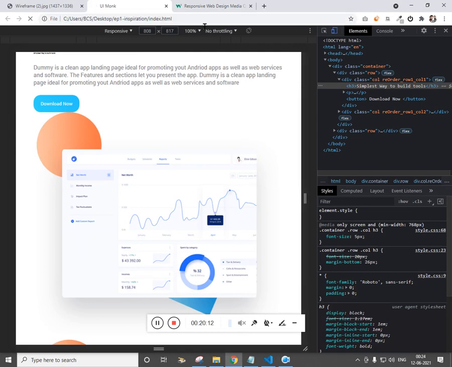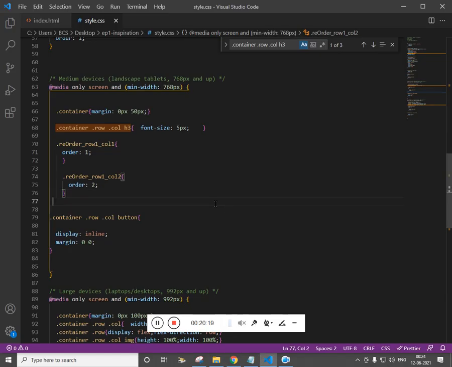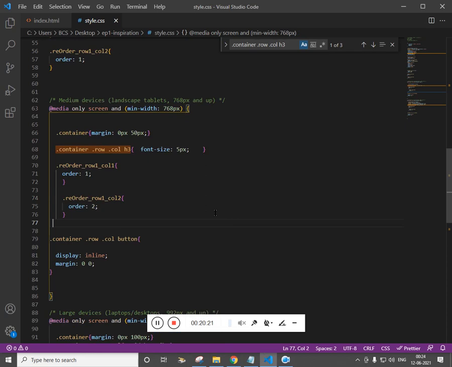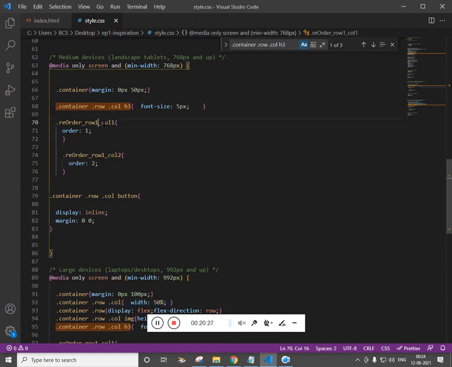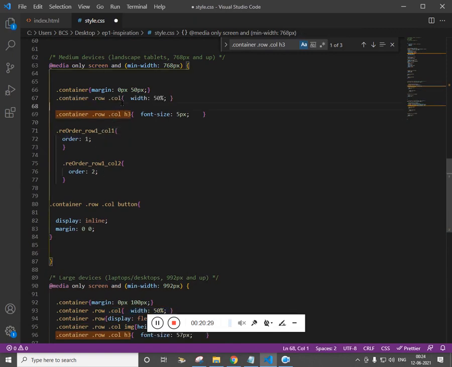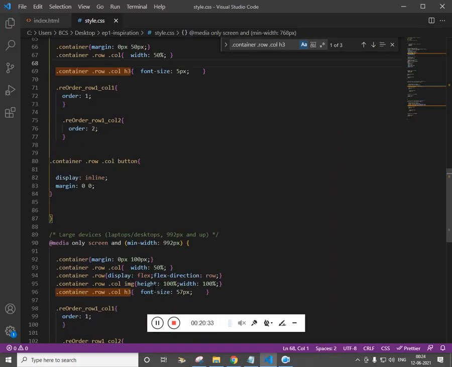So we have made some mistake. Let's see what is this. Okay, the other thing is column 50 percentage. Refresh it, and flex direction, and there you go.